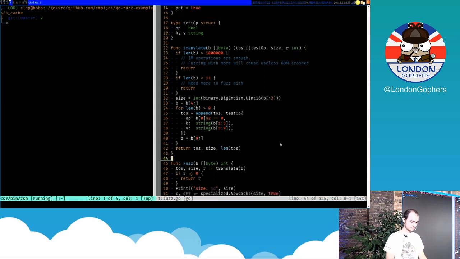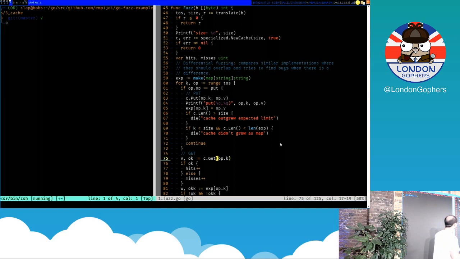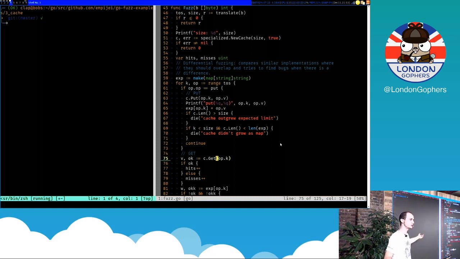And the fuzz function does what is called a differential fuzzing approach. Differential fuzzing says, let's take an implementation of your code that is maybe slower or just dumber and compare it with your actual implementation. Like when you optimize your code, you want to keep the old version and the new version, fuzz them together, and if there is any difference, you didn't really optimize, you just broke it. So for this I used a map, because a cache is after all a glorified map. And I threw the same get and put requests at both implementations, my cache and the map.